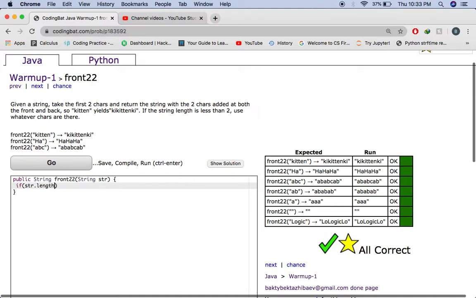We have to make sure to check the length, basically how many characters there are, to see if it's equal to or less than 2, then we know what to do, because if the length is less than or equal to 2, then we have to use whatever characters there are. So return str plus str plus str, that's it. And now in our else statement, what we're gonna do is